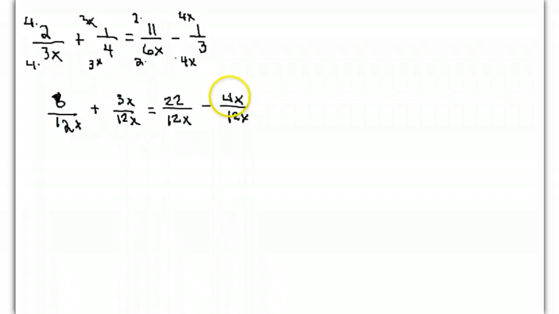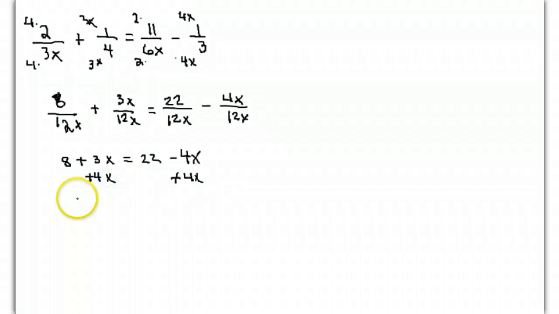So what does that mean? So what would the next step be? It would be 8 plus 3x equal 22 minus what? Same type of problem as last time. Only difference is these first two steps. And so you still try and get all the x's on one side, all the numbers on the other. It's all the same. So how would you? Add 4x to both sides. You can add 4x,